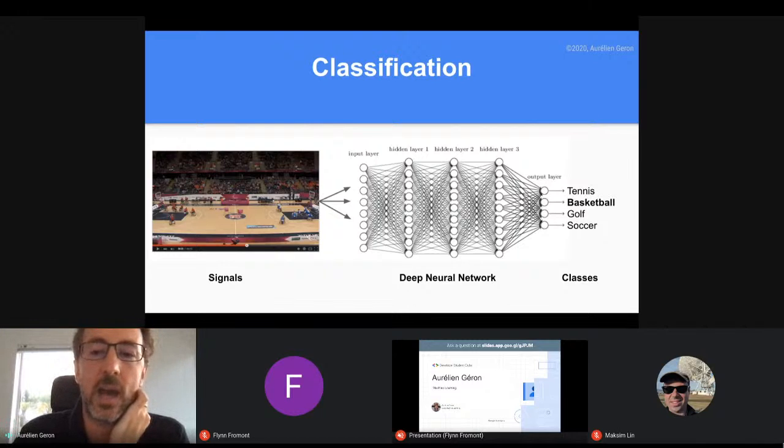Basically, each neuron's output on the right-hand side, in the output layer, is interpreted as a probability. So maybe it'll say, I think it's a 90% chance that it's basketball and maybe a 5% chance that it's golf, and so on. And if it makes a big mistake, then you fix the weights. Basically you use optimizers for that, using something called gradient descent, but I won't get into this level of detail today. It's basically optimization. You tweak the parameters of the neural net to make it fit the data a little bit better, and you keep repeating this until it performs well.